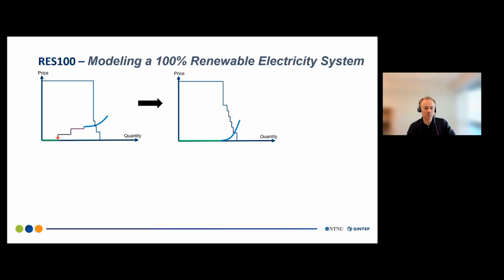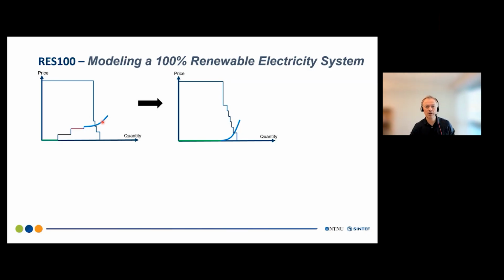And then you have some well-defined steps here, typically the thermal production with a well-defined marginal cost and a quantity. And then this blue curve here is the kind of the bidding curve for hydro, and defined by the water values. And by having supply meeting demand, you find the price, and this is important in simulating the future price, and also to compute this water value as part of such simulation programs.